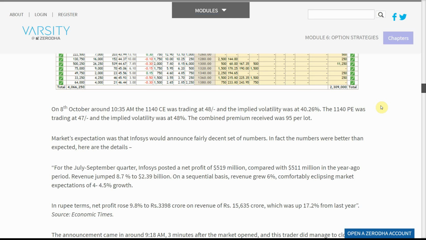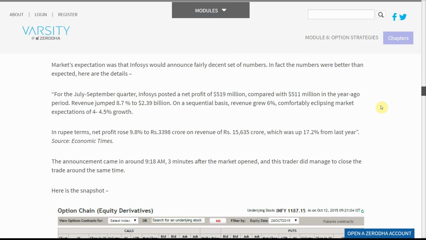Here are the details. For the July to September quarter, Infosys posted a net profit of $519 million, compared with $511 million in the year-ago period. Revenue jumped 8.7% to $2.39 billion. On a sequential basis, revenue grew 6%, comfortably eclipsing market expectations of 4 to 4.5% growth. In rupee terms, net profit rose 9.8% to 3,398 crore rupees on revenue of Rs. 15,635 crore, which was up 17.2% from last year. Source: